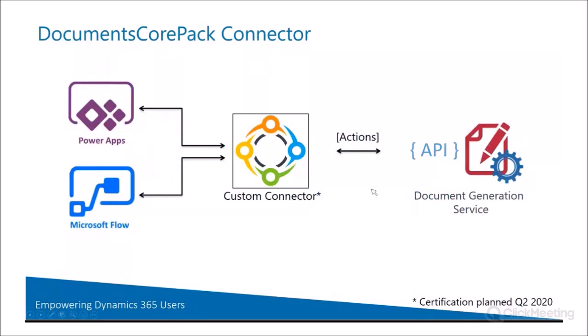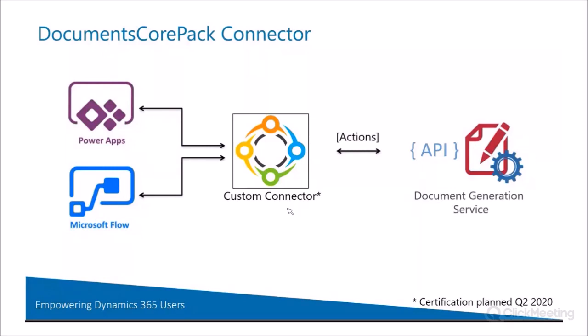So what we have here on this one side is our PowerApps and our flow. And then we have our custom connector, the DocumentsCorePack custom connector. What the DocumentsCorePack custom connector does is it allows you to perform actions in your PowerApps or your flow that communicate with the document generation service via an API. It basically takes that information and allows you to create documents from information from Dynamics, generate those documents, and then, you know, the best part about it, because you're using PowerApps or flow,